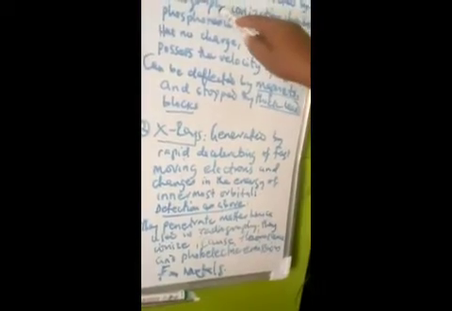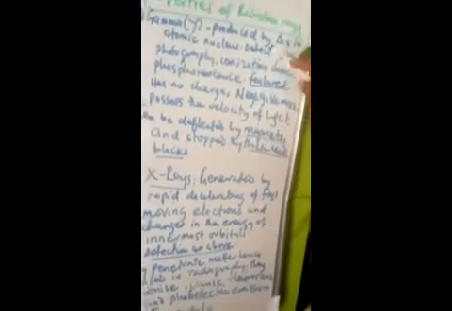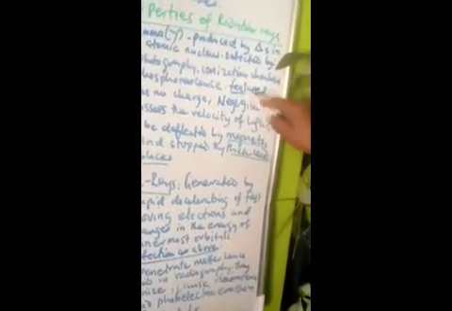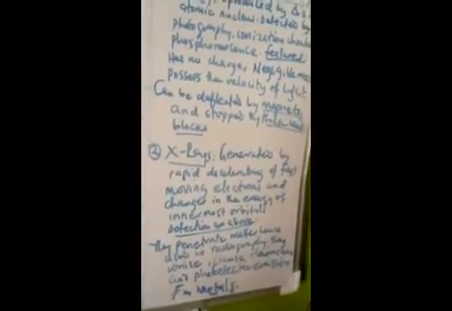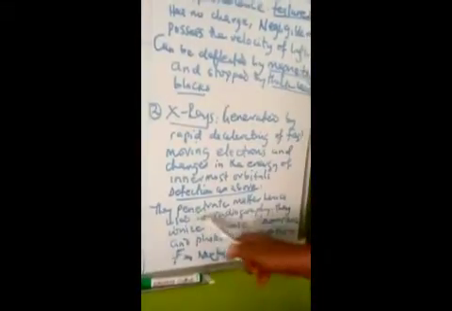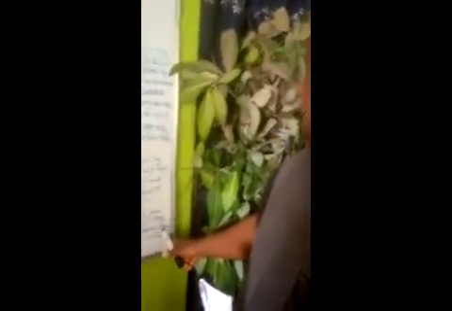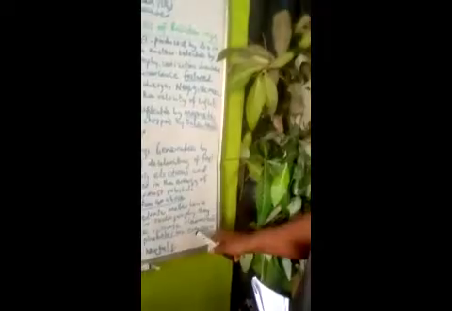They can be detected by the same methods: photography, ionization chambers, and fluorescence or phosphorescence. Now, these X-rays can penetrate matter, hence they are used in radiography. They use it to take pictures of your body in the hospital, and they show all your bones and internal organs because they can penetrate matter. They can cause fluorescence and photoelectric emissions in metals.